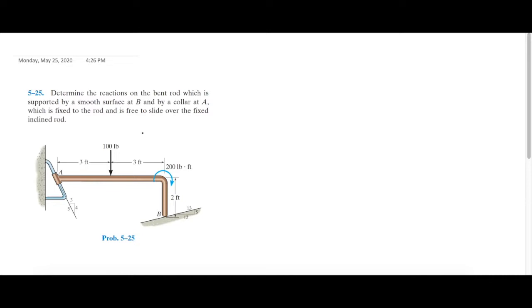Okay, so that basically means that at A, it's free to go up and down, but it will resist some sort of motion in other directions, and we'll take a look at that. So before we even get started, the first thing that we should be doing is a free body diagram. So my attempt to do a free body diagram is the easiest possible way. We got that force there, 100 pounds. Then we also got a couple moment